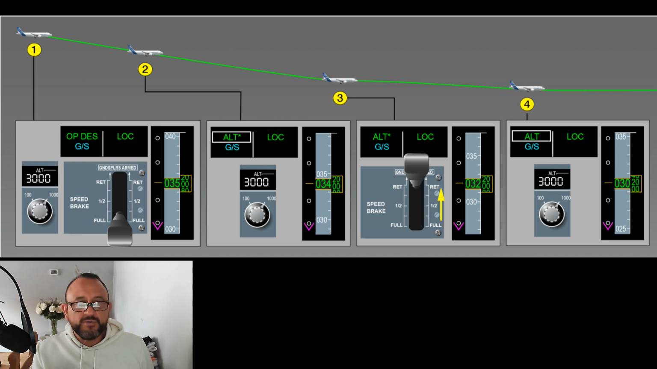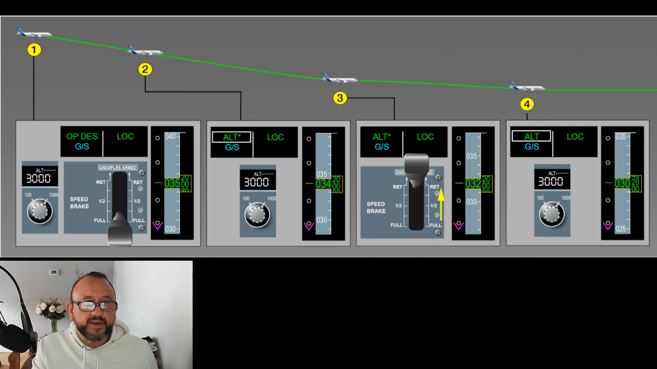So this is probably not the best way to approach an intercept from above. Arguably, we'd have had VS set by now, we'd have selected an altitude above, and we'd have hit VS. What this crew did, obviously, is they were cleared down to whatever it was, 3,000 feet, and they just pulled open descent. But in any case, at